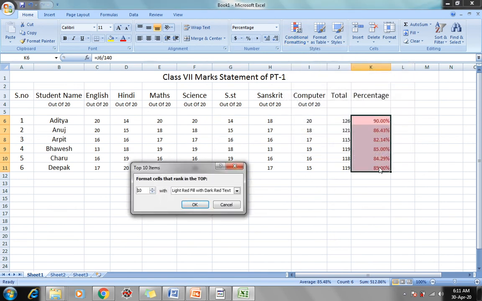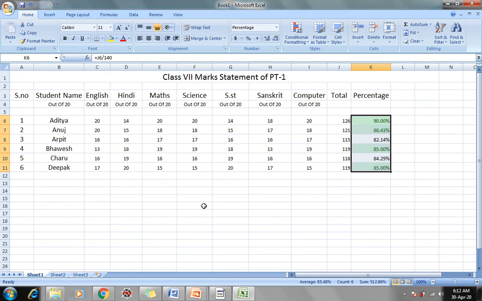We do not have 10 values here, we only require the top 3 values, so just write 3 here. You can also change the color. For example, I am changing it from pink to green.